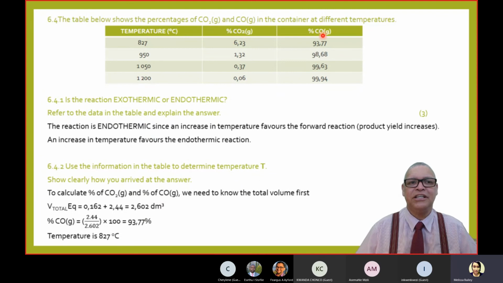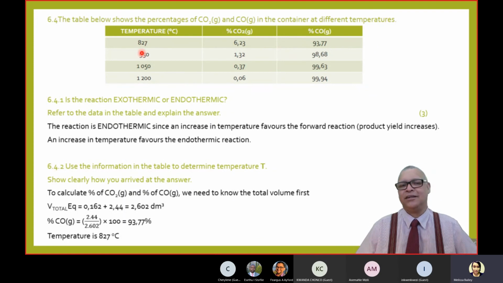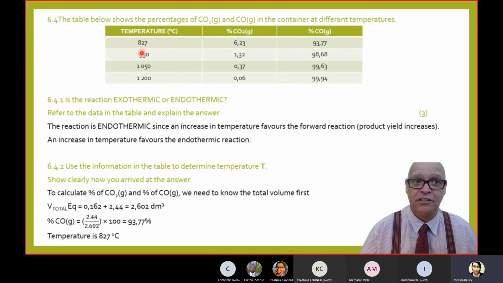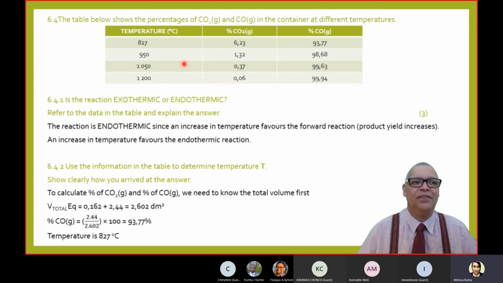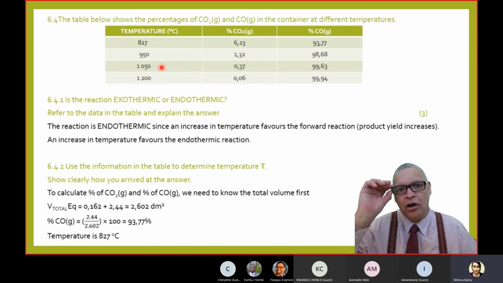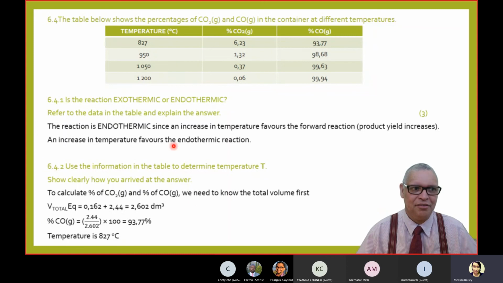You first have to find the percentage of carbon monoxide and then the temperature scale, and which percentage is that mapped to? 827 degrees Celsius. If our percentage was 99.63%, then that temperature would be 1050. So that was a very, very nice question that was raised in last year's paper at the end of the